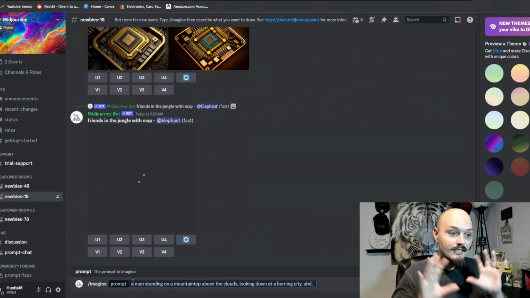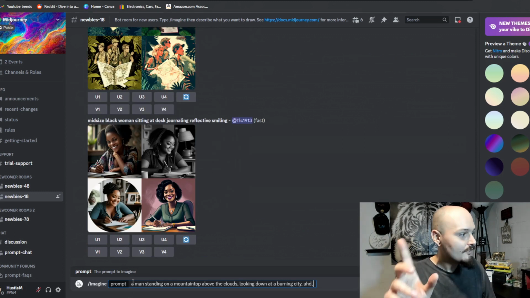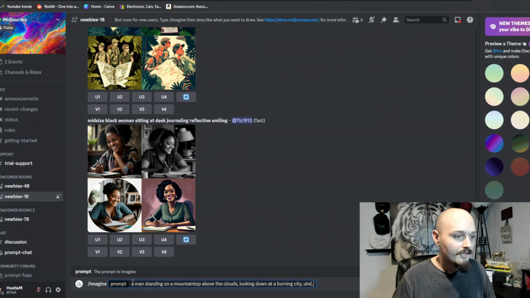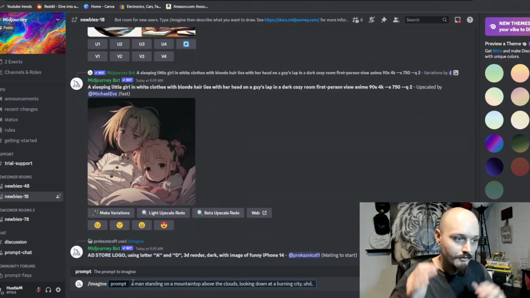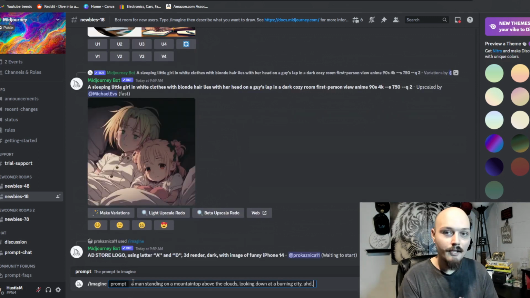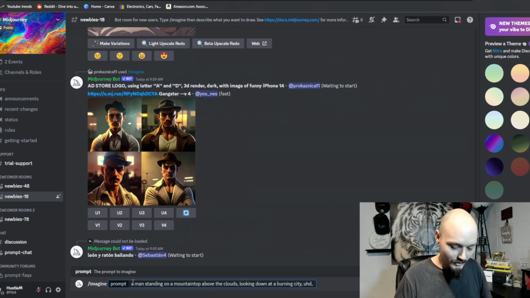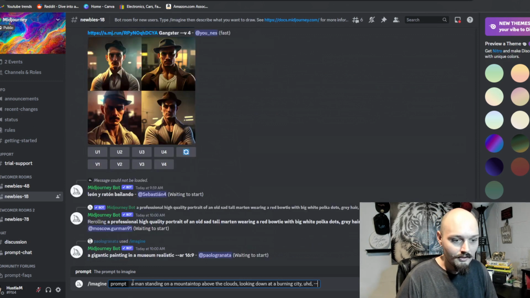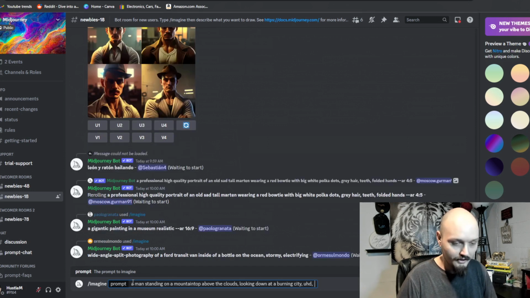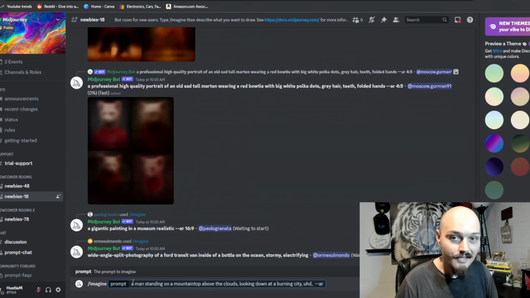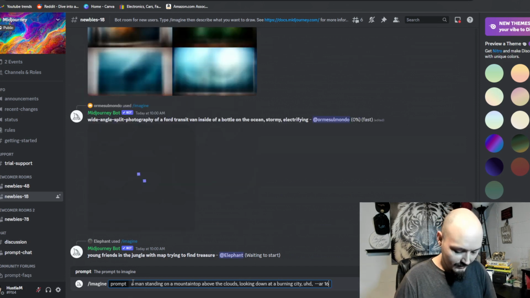And then we want to make sure that this is a thumbnail size. You'll notice on the screen right over here, they're mainly squares. They're square images, like 500 by 500 pixel images, and we don't want a square. We want something in the 16:9 aspect ratio. That's going to be the ratio that you see on all thumbnails. Now to do this, we are going to do dash dash, letting it know that we are inserting an aspect ratio, and for that we're going to go AR. So we're going to go dash dash AR, and then space 16:9,